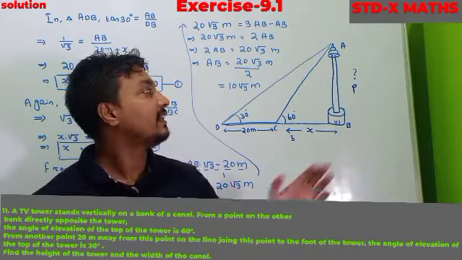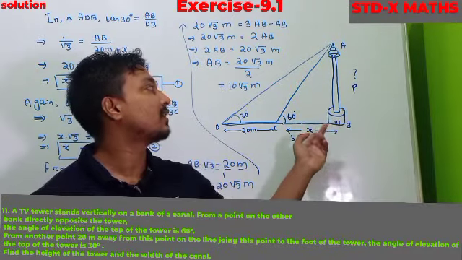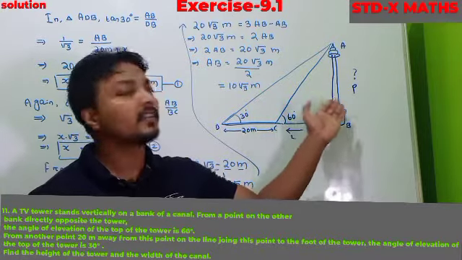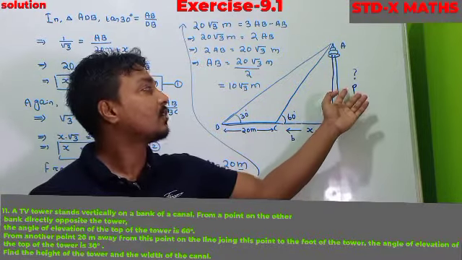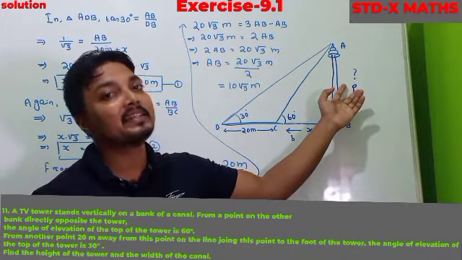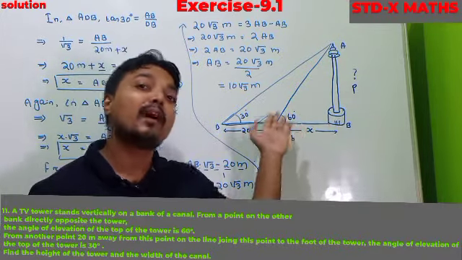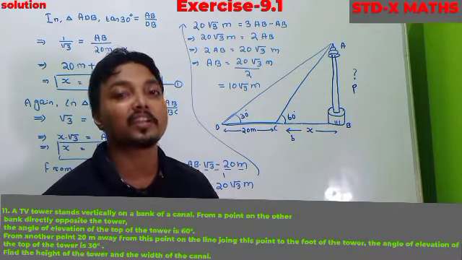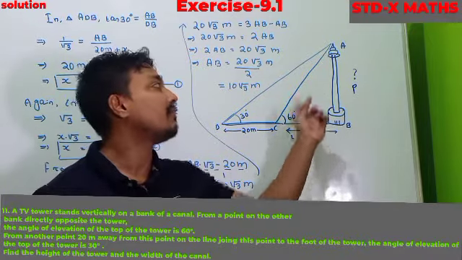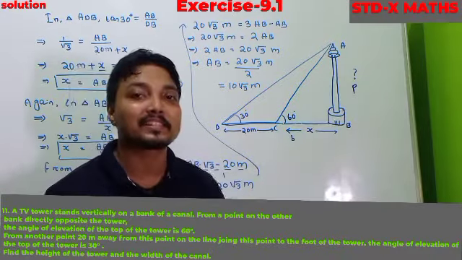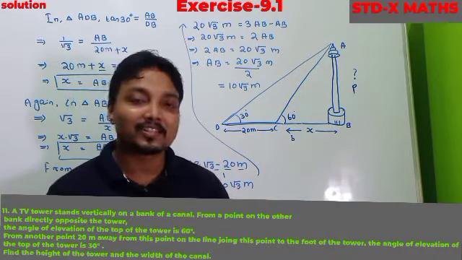Understood the trick? This side is common between the two triangles. But the trick is, whenever the common side is asked, instead of expressing it in terms of the other one, you have to express it in reverse order. Always the asked one should be expressed. Understood? Today's discussion is this much.